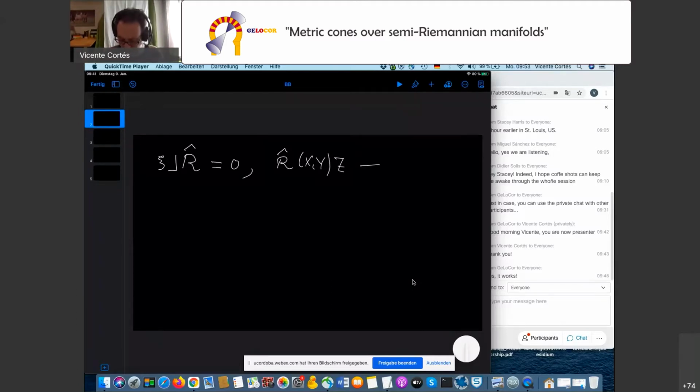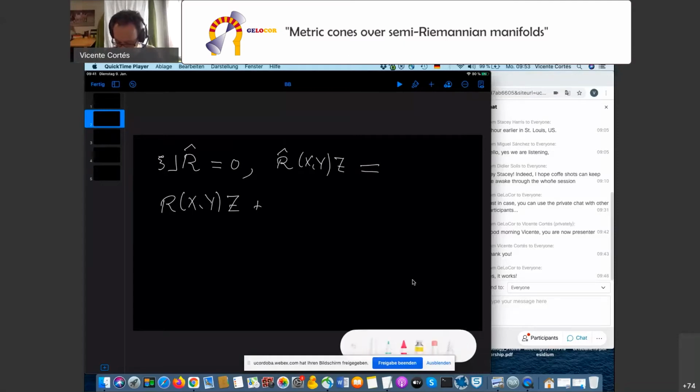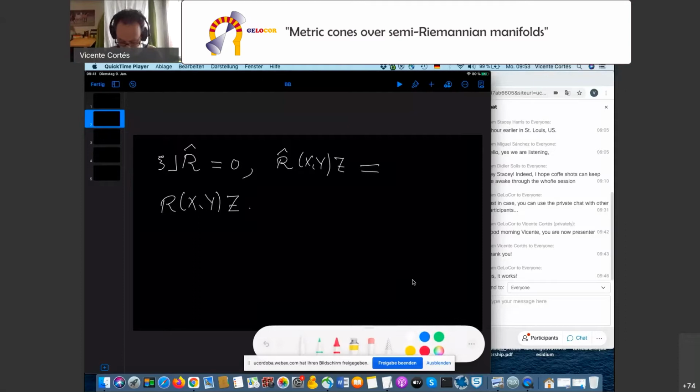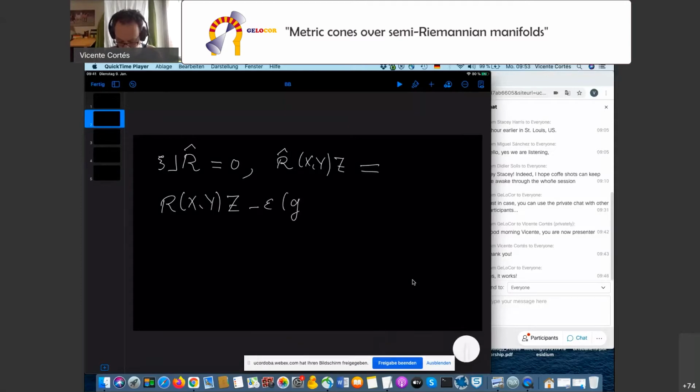So this is equal to the curvature in the base plus some expression which looks formally like the tensor of constant curvature based on the metric G, which is the metric on the base manifold. In fact, here this plus will be a minus epsilon. So for epsilon equal to -1 it is plus. So minus epsilon, and then we have G of y z x minus G of x z y.